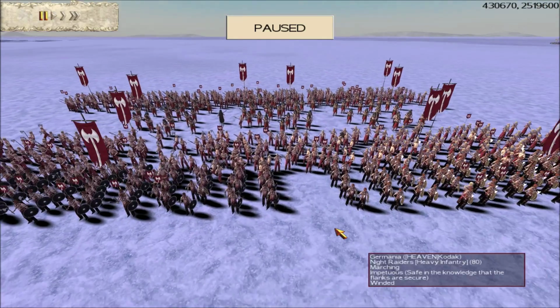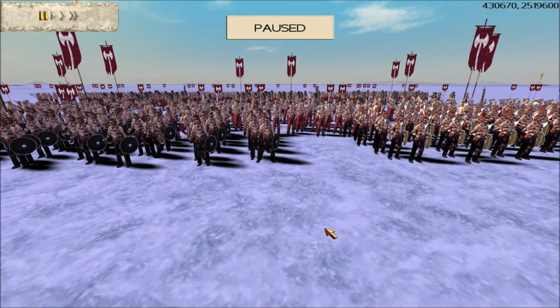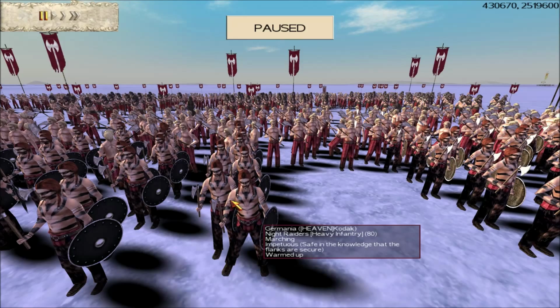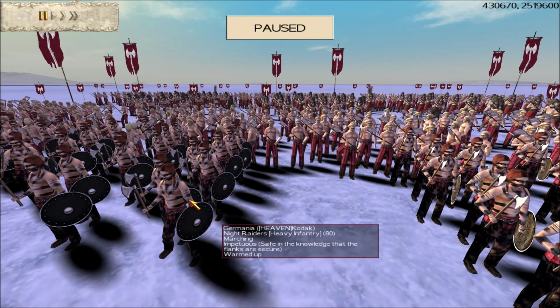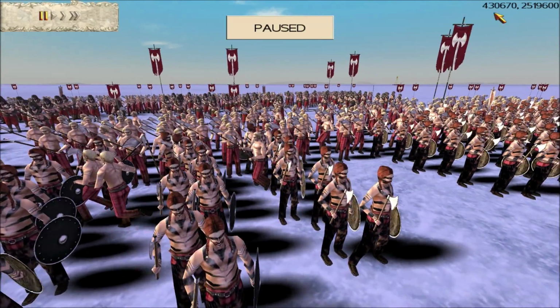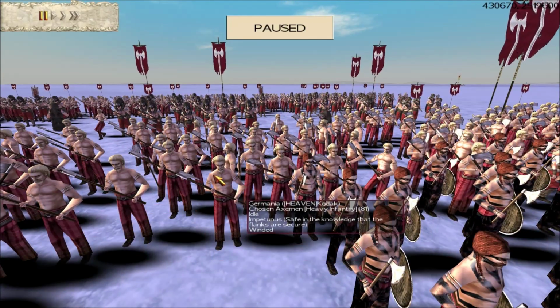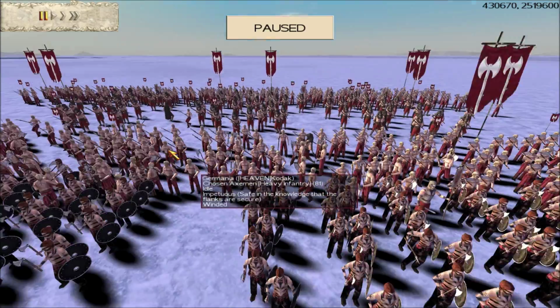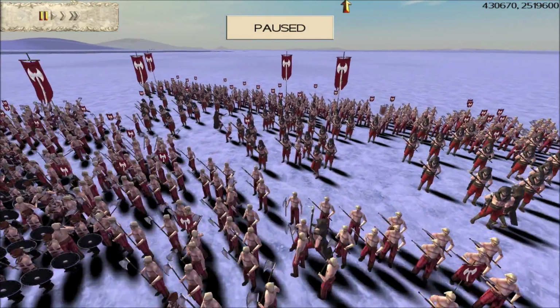At this stage of the battle, I thought we'd have a look at Heaven's Kodak's German army here. As you can see at the front, he's got the Night Raiders. Now, the Night Raiders are very tough infantry, but they've also got a fear factor. They intimidate nearby enemy troops. And of course, if a nearby enemy unit is battle damaged, the scare factor from those units could make them rout. Then we have the infamous Chosen Axemen. These guys are effective against armour and have got excellent morale, and used properly can cut massive holes through Roman